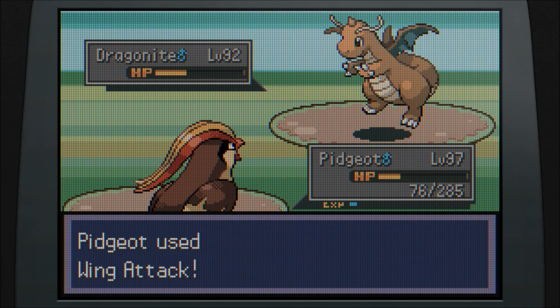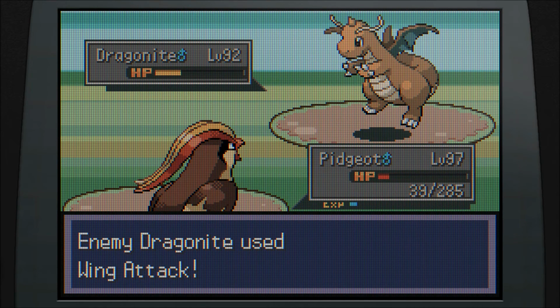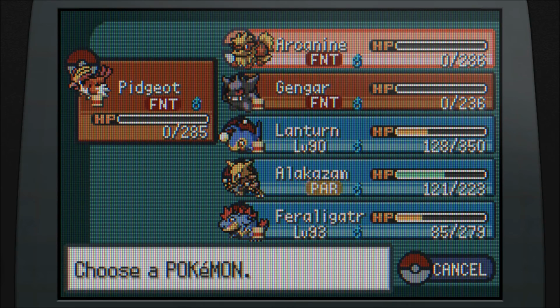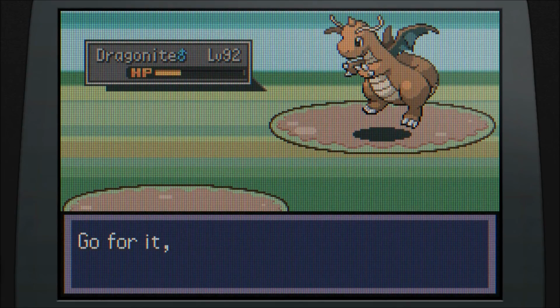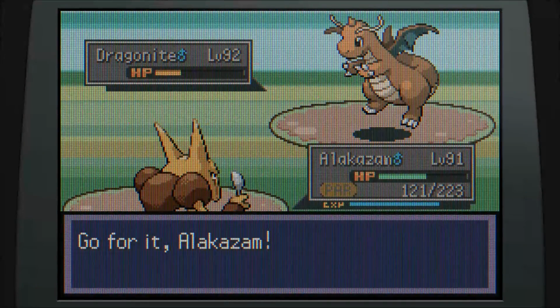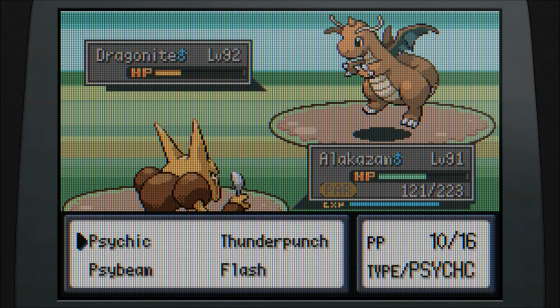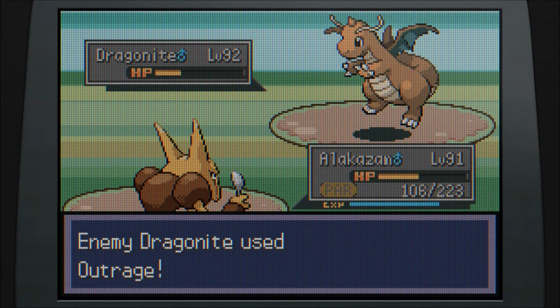Alright, and we are also faster than it, so if we can bring it at least close to down, that would be awesome. Alright, so let's try... I'm probably going to lose the speed, but we're going to try and use Alakazam. Alright. Maybe Safeguard protects against criticals? I actually don't entirely remember. Alright, if we can please survive this...